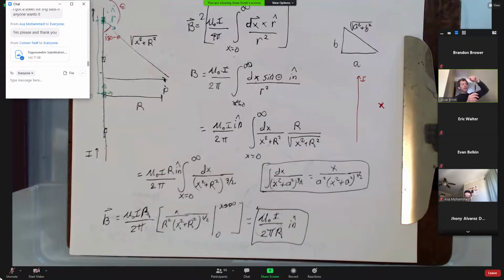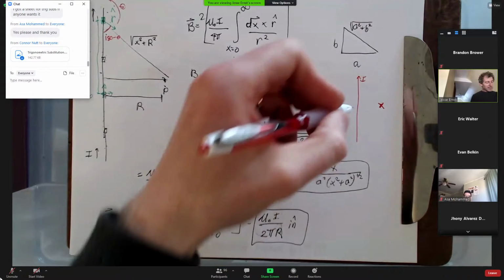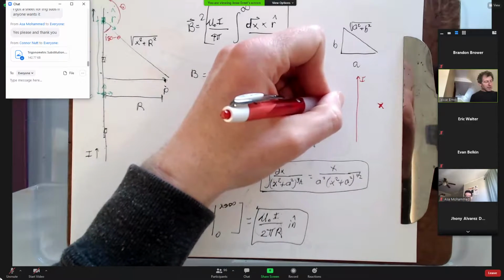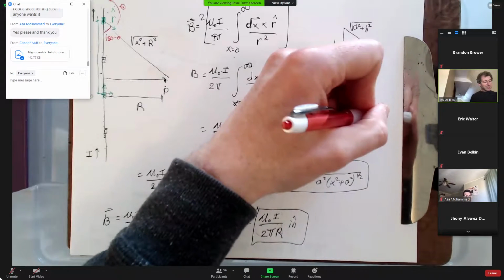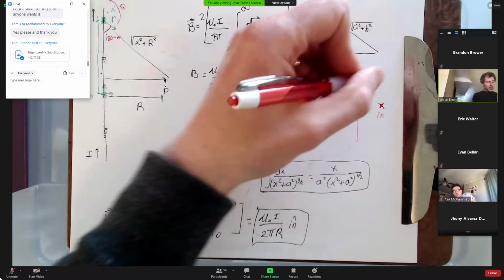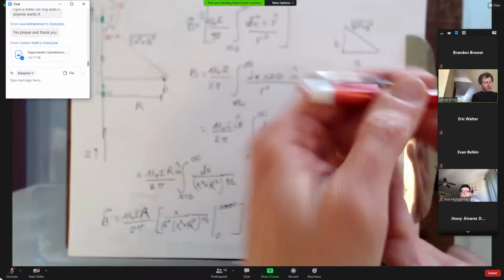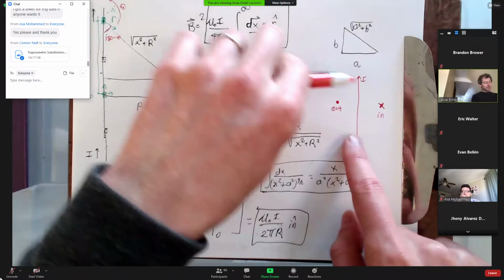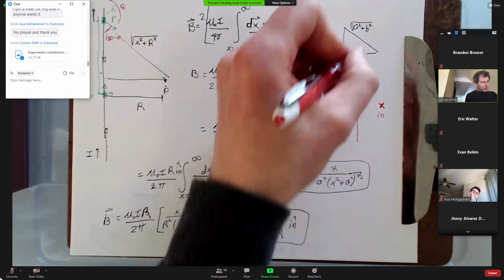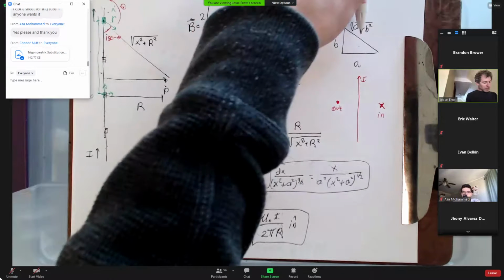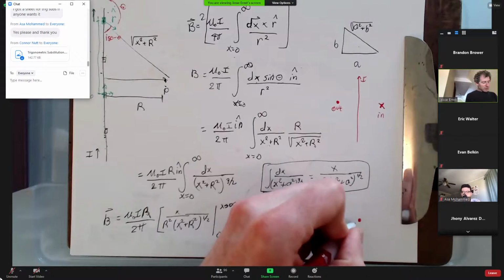There's nothing moving, but it is a fact that if you're here, the B field is out of the page. If you're here, it's in. If you're up above the current, it's to the right. And if you're underneath the page, it's to the left. Or if you're standing here looking down at the wire, so the current is coming out of the page,